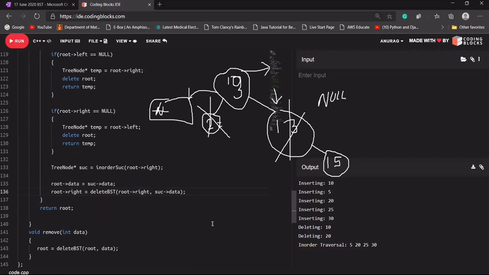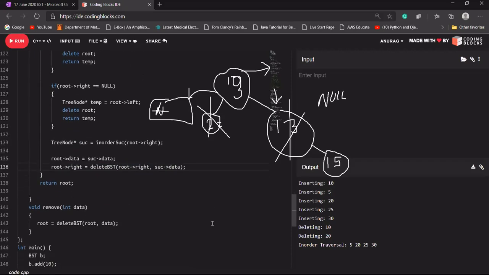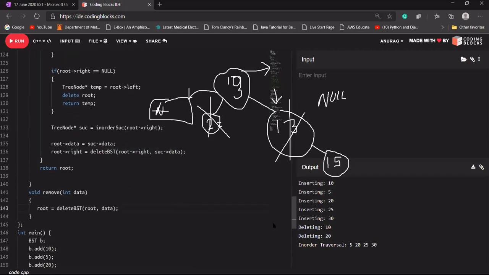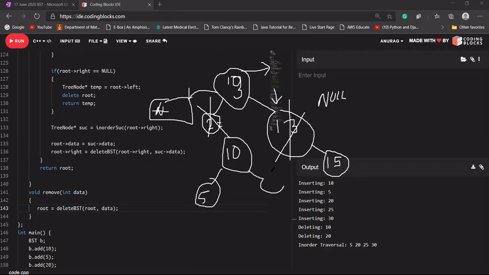Okay, 20 has a child. Let's see how the nodes will look. Let's say it is 10 here, 5 will be added here, 20 will be added here. Yes, 20 is having a child, that is 25, on its right side, and 30 is here.